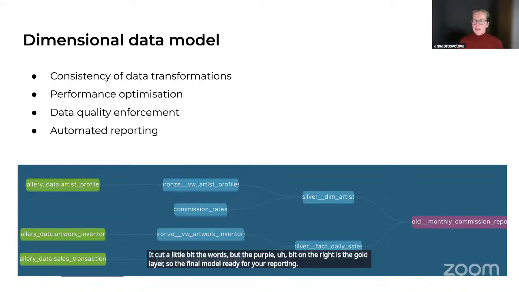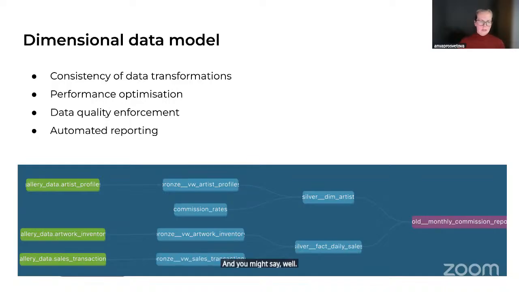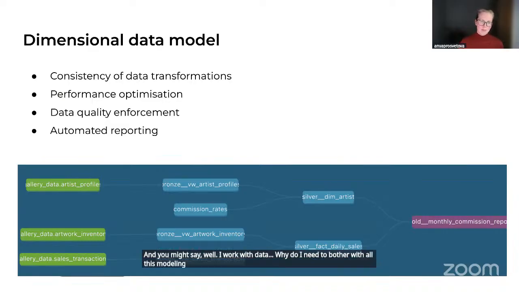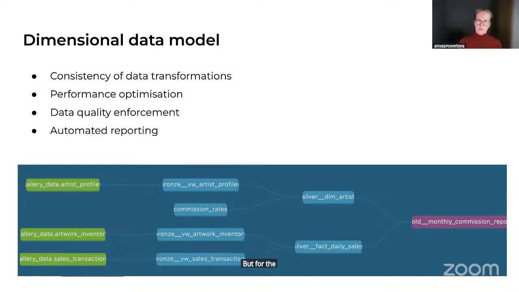And you might say, well, I work with data. Why do I need to bother with all this modeling? I'm okay already. And it's fine if you need to do some kind of ad hoc analysis or just play with the data for some one-off project. But for reporting or for some kind of ongoing analysis, that's the best way to approach it, to model the data,